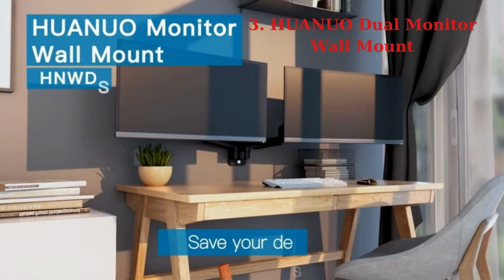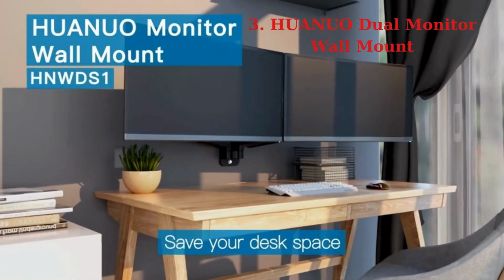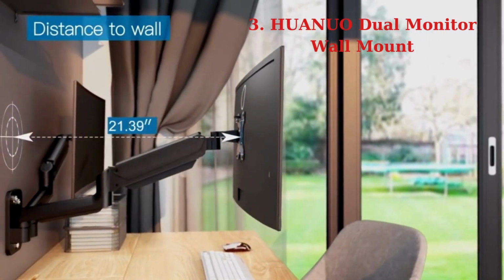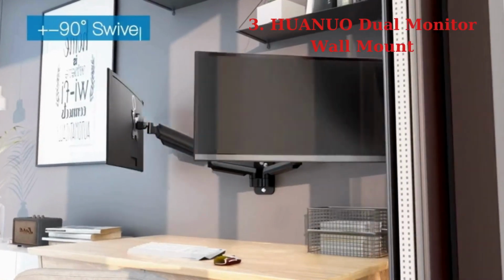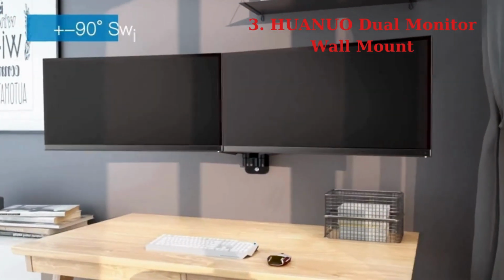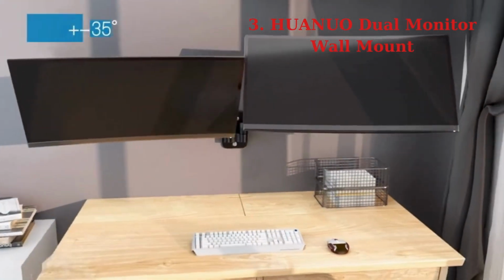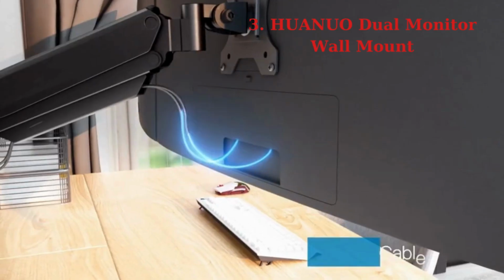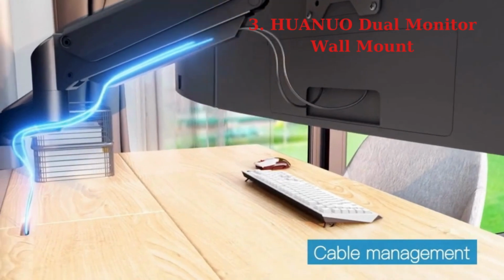3. HUANUO Dual Monitor Wall Mount. The HUANUO Dual Monitor Wall Mount is designed to accommodate 17 to 32-inch flat/curved monitors weighing up to 17.64 pounds, with VESA compatibility, 75 by 75 mm and 100 by 100 mm, suitable for wood studs, solid concrete, and brick